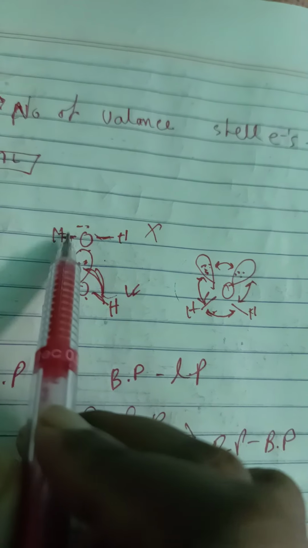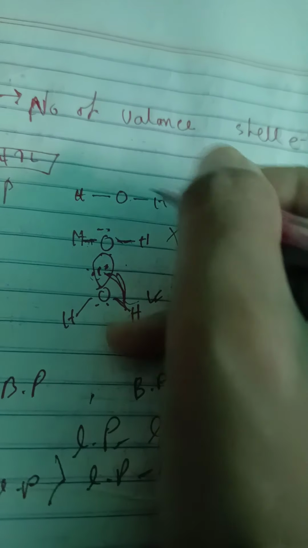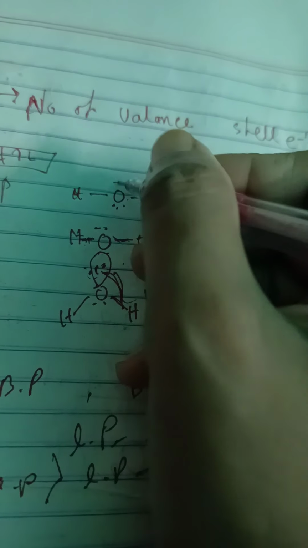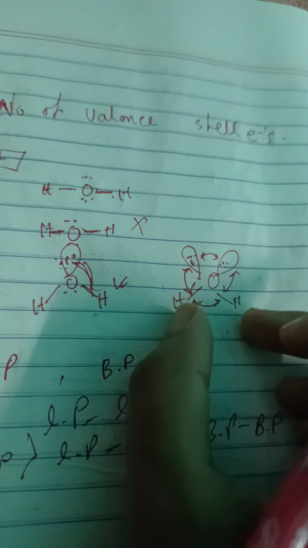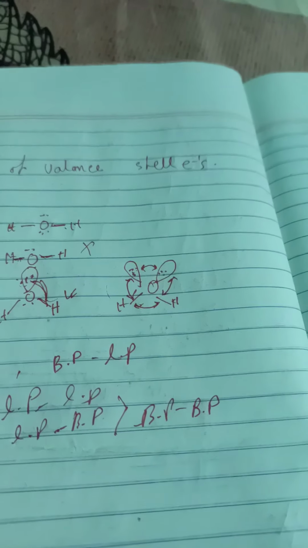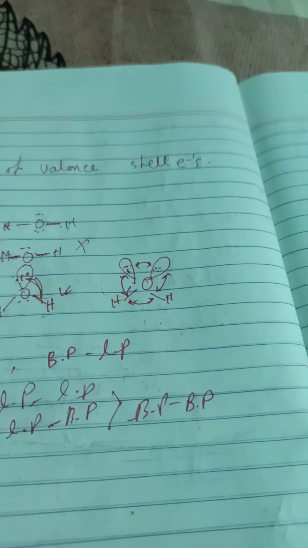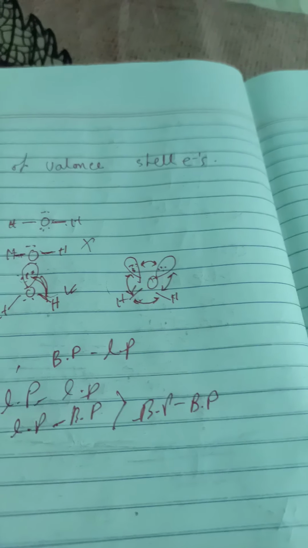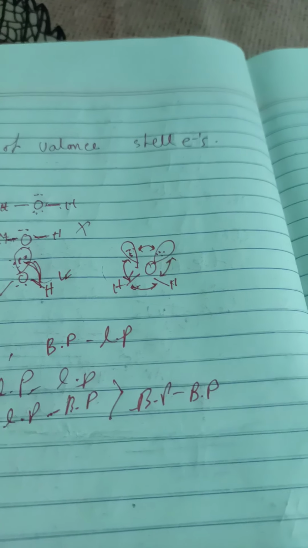Suppose I am writing the H2O molecule like this, with the lone pairs. These two lone pairs will repel each other, these two bonds will shrink, and the molecule will bend automatically. Let's see how the numbers of lone pairs and bond pairs will decide the shape. If the lone pair repulsion is high, the lone pairs will push the other bonds to get bent.